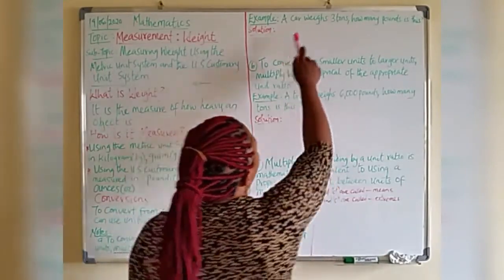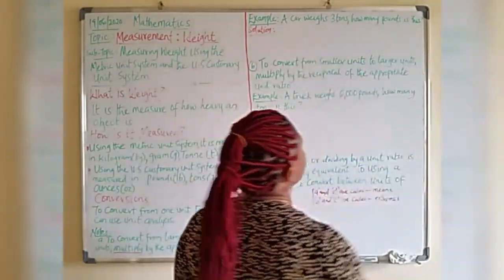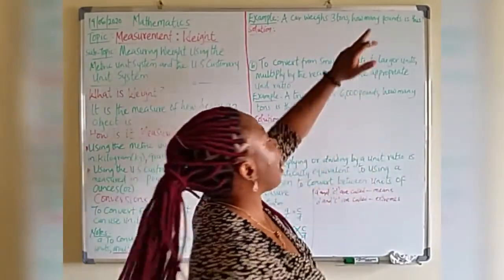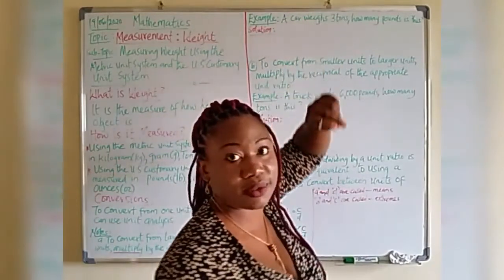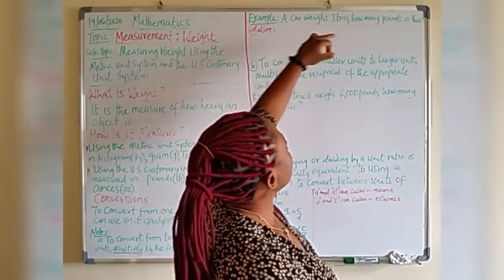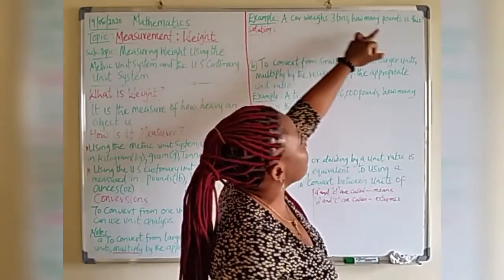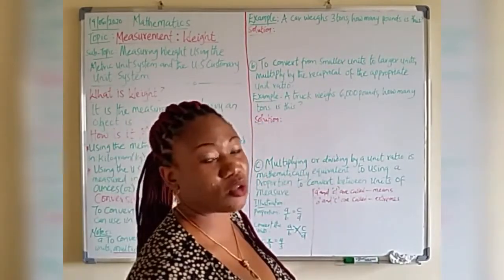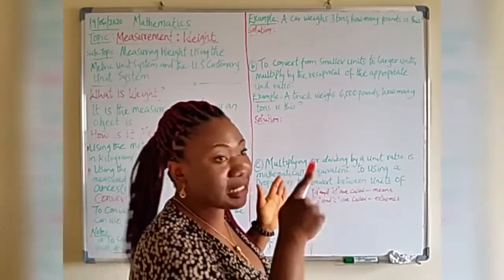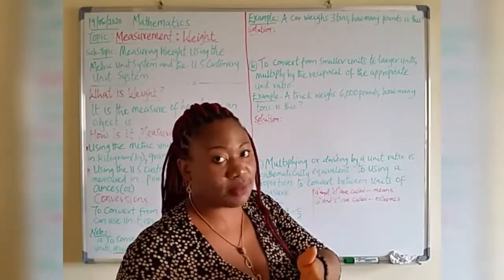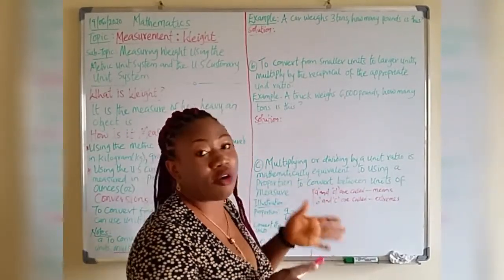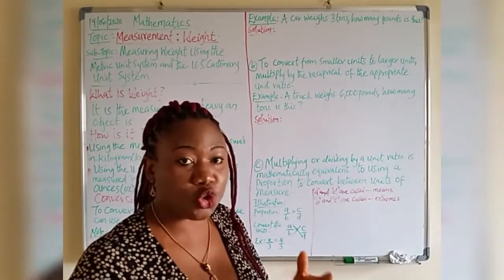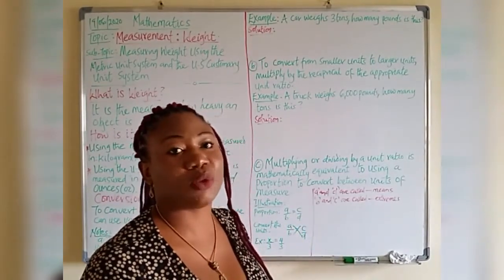First of all, a car weighs 3 tons. How many pounds is this? So it's asking you how many pounds will be gotten from 3 tons. And now you've come to note that tons is actually larger than pounds, right? The ton is larger than the pounds. So that tells you that you're converting from large to small. And when you're converting from large to small, what do you do? You multiply. Multiply by what? The